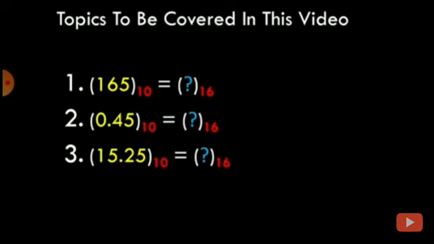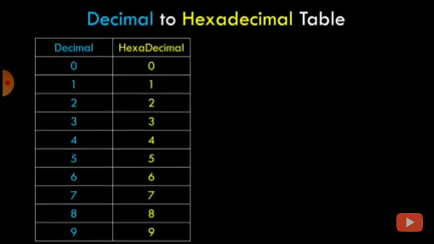So before we start solving sums, I'd like to show you a conversion table between decimal to hexadecimal values. Now we know the base value of hexadecimal number system is 16. So there has to be 16 unique symbols to denote decimal values. So in the first table, we have 0 to 9, that is 10 values in decimal and the corresponding values in hexadecimal. So as you can see, 0 to 9 in decimal is equal to 0 to 9 in hexadecimal. That is, when we convert any value between 0 to 9 from decimal to hexadecimal, the value remains the same.